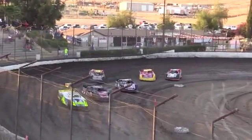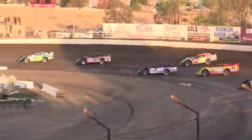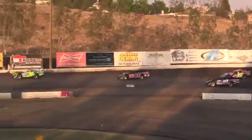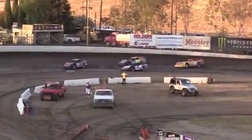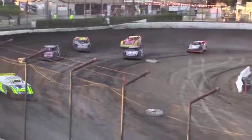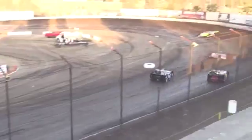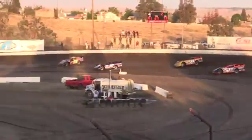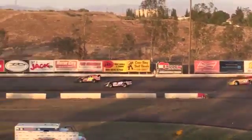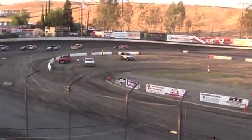Lap number 1, green flag. Tony Toast, our leader in the 91T machine. Seeing how wild and crazy these cars are going. Battle for third. It's Bartels to the outside of Sanders. Wild Bill. He's going to take over the position from Sanders. Caution flag is out. I'm not sure as to why, unless it's debris or...